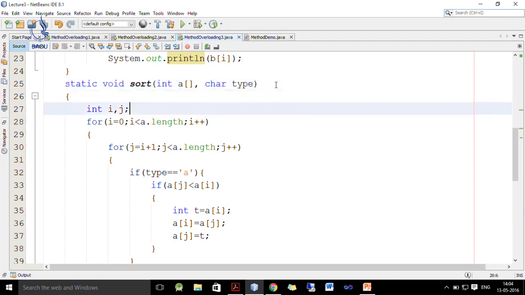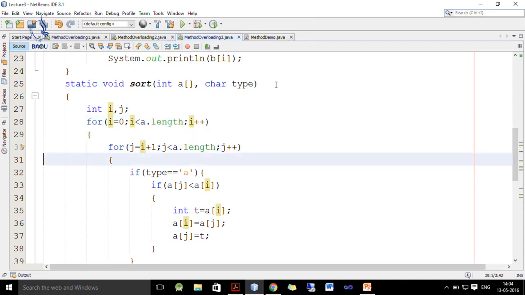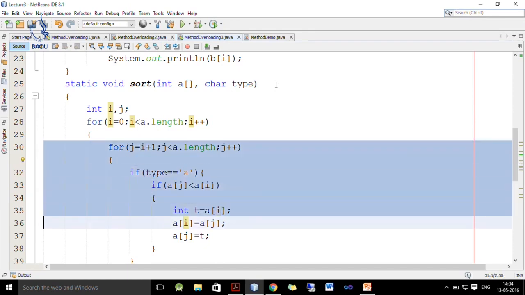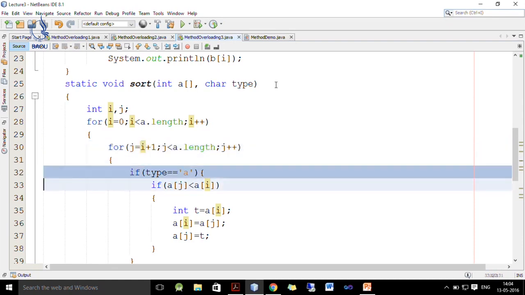So, here we take one element at a time and compare it with the rest of the elements using an inner for loop. Suppose our type is A, which means we want to sort data into ascending order.